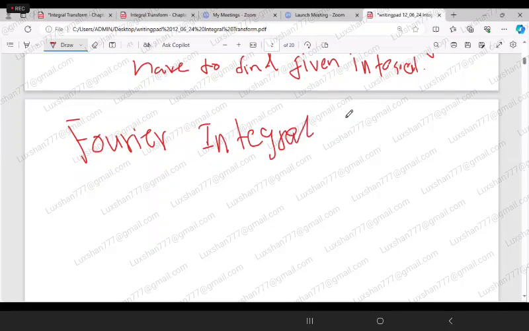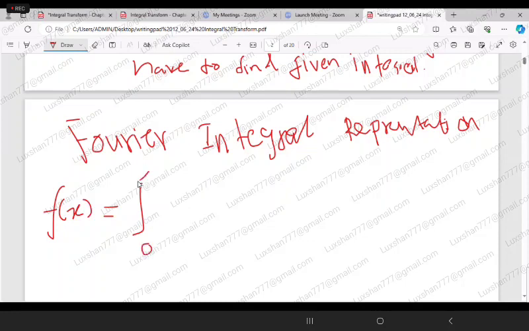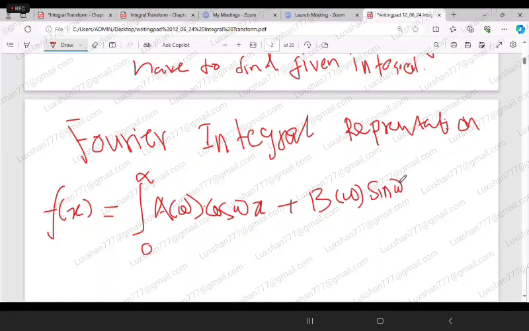When we studied Fourier integral representation, we said that f(x) is equal to integration 0 to infinity a(omega) cos omega x plus b(omega) sin omega x into d omega, where